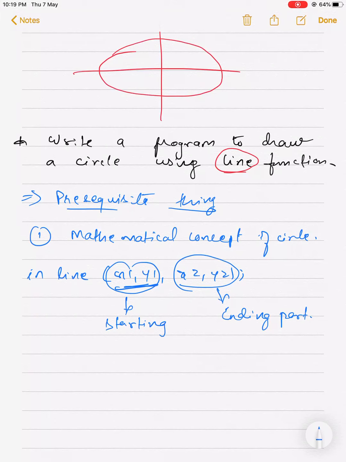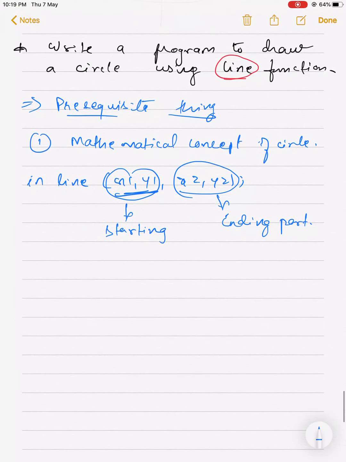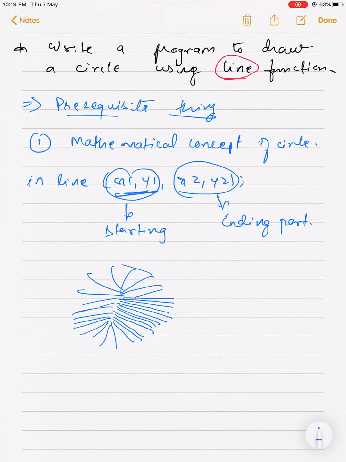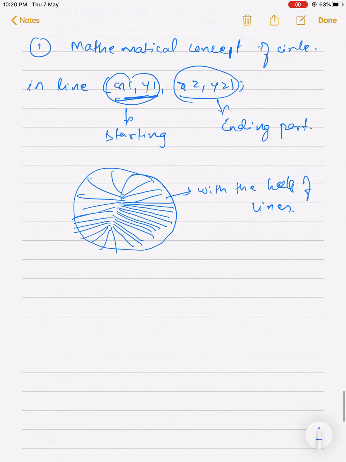Now what we are going to do over here: you can start like this. How to draw a circle with the help of line? You can start like this, then draw a line like this, then like this, like this. So over a period of time, a kind of circle you can make with the help of lines.